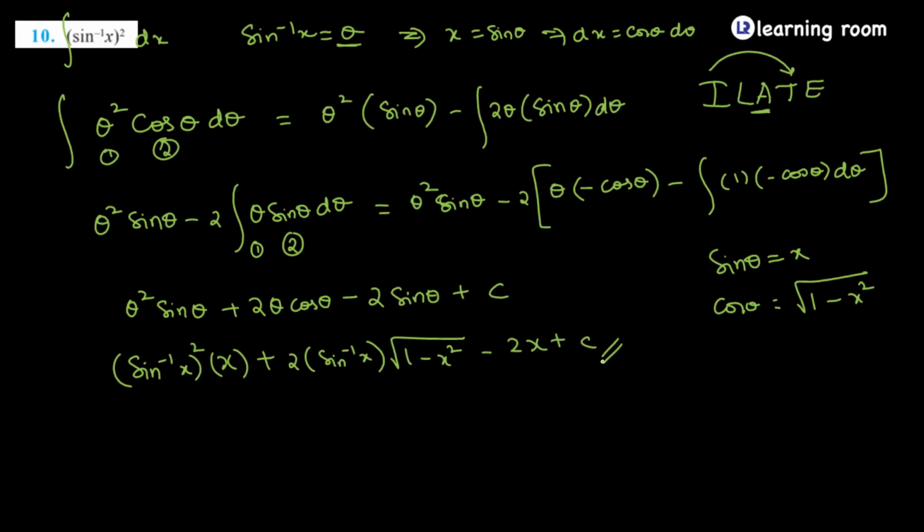So theta square sin theta minus, no need to integrate, differentiate theta square to get 2 theta, times the integral of sin theta, which is minus cos theta. Theta square into sin theta minus the derivative of theta square, 2 theta, times minus cos theta, plus